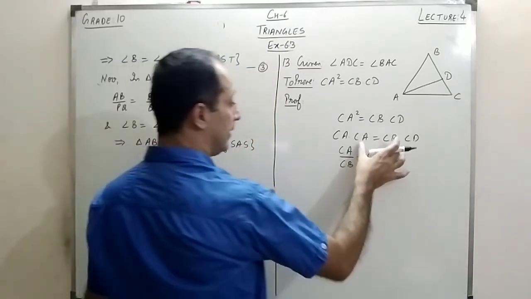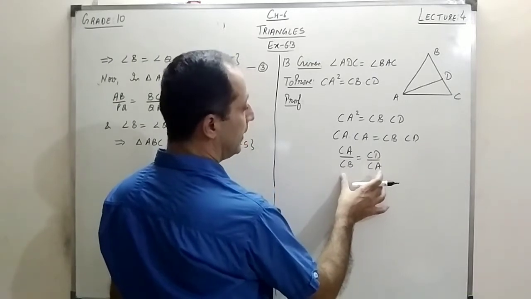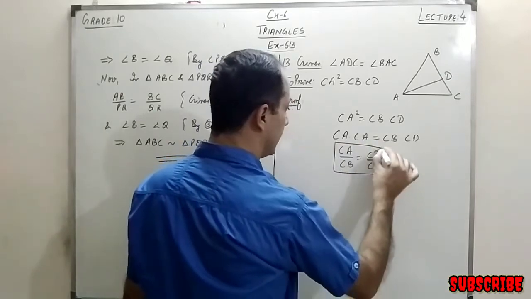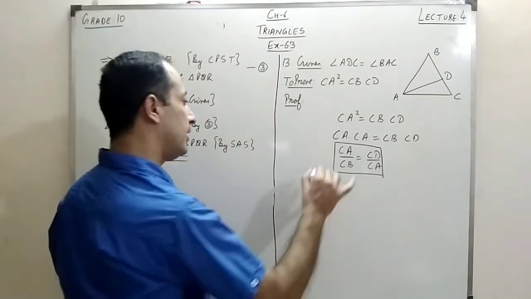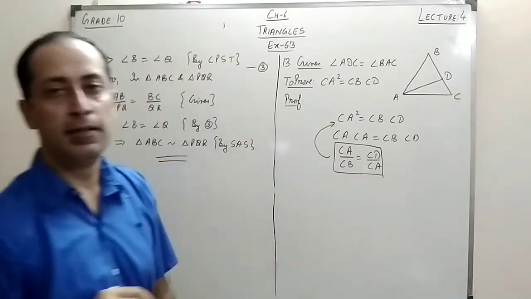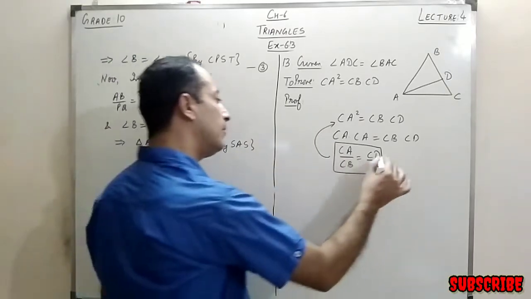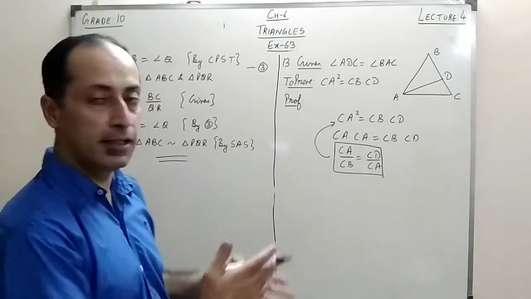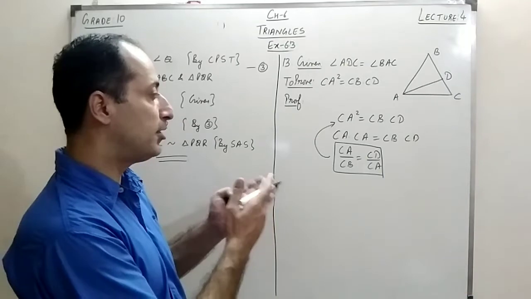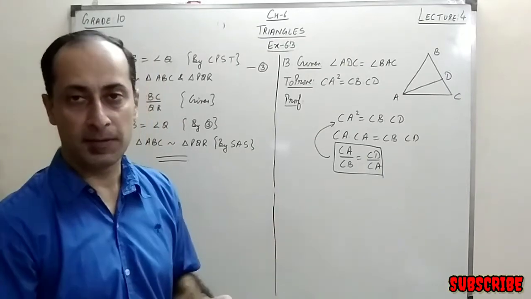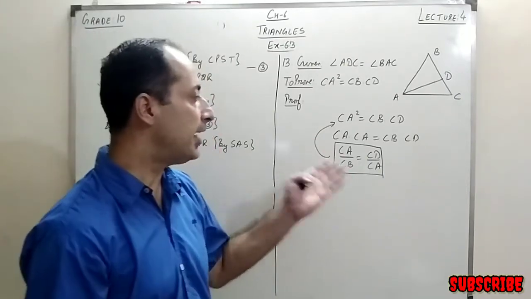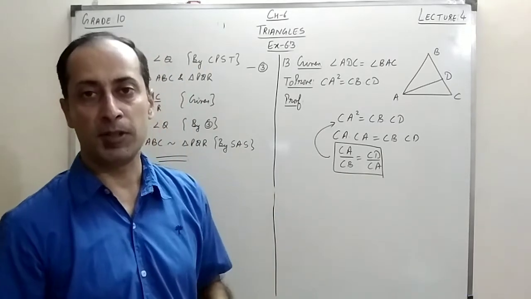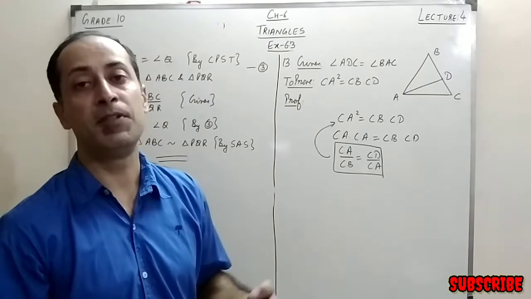If I write this thing this way, right? Now the question is, if I can prove this thing, then I can go here. Right? Now how can this thing come? This can only come if I prove the triangles which include these sides as similar. So the triangles which have these sides, if I prove them as similar, then my motive will be over. Right? Now next question is which triangles?